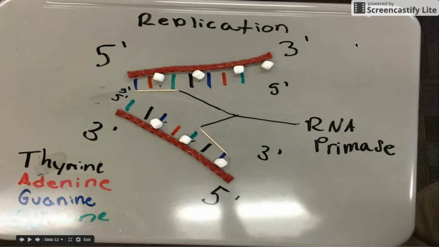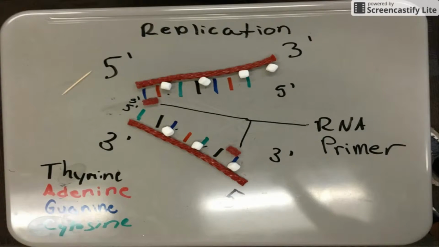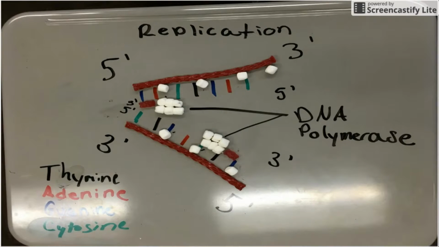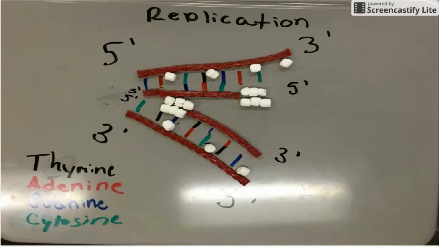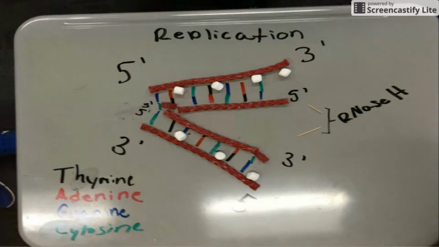The lagging strand synthesizes discontinuously. RNA primase lays down an RNA primer so that the DNA polymerase has somewhere to attach to. Then the DNA polymerase attaches and starts building onto the 3' end, attaching free-floating nucleotides. On the lagging strand, polymerase synthesizes discontinuously because of its 5-3 direction, so it forms Okazaki fragments which are later